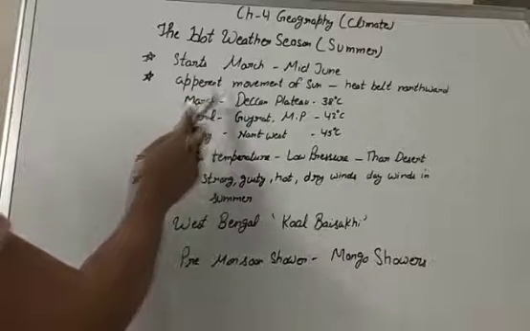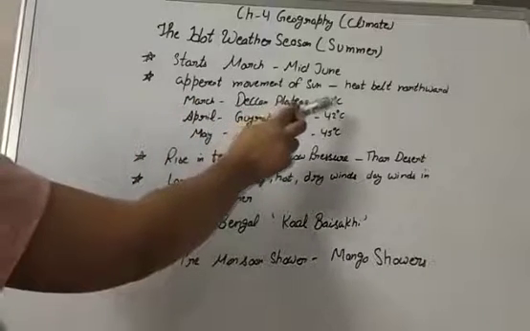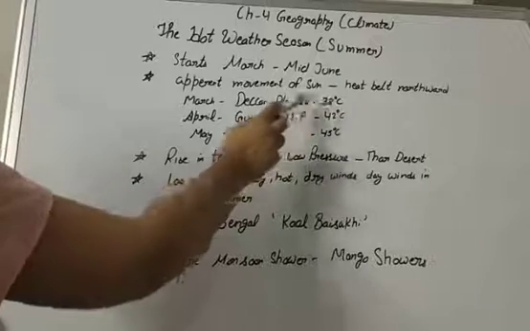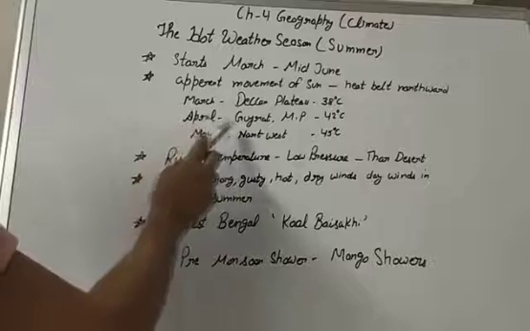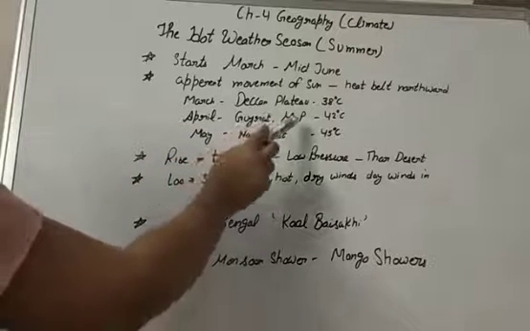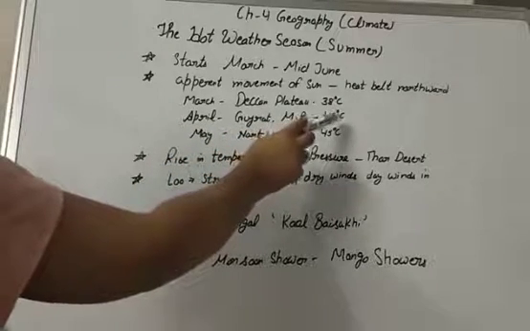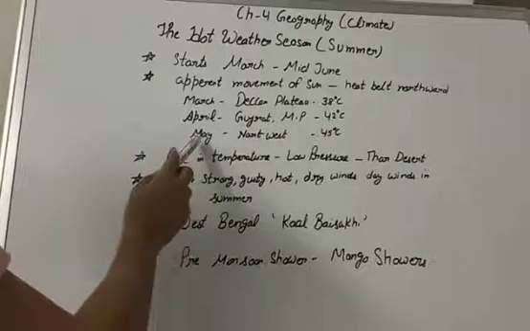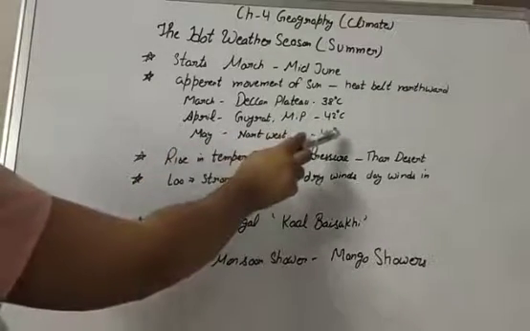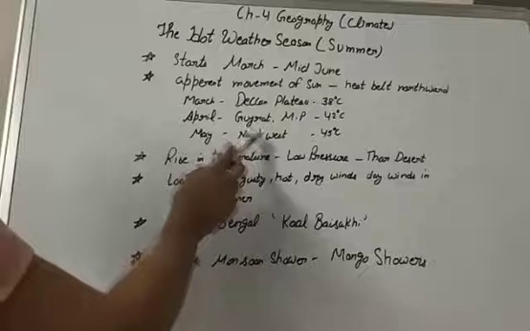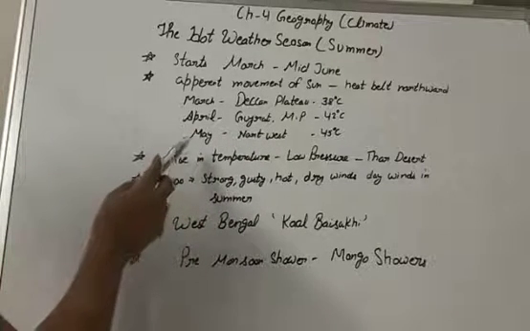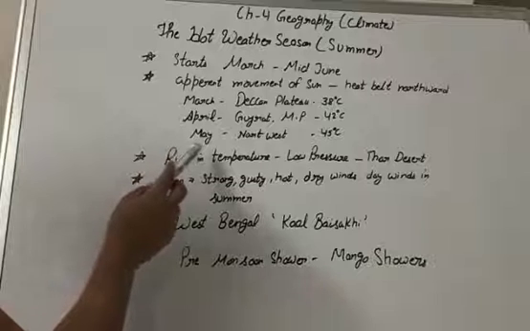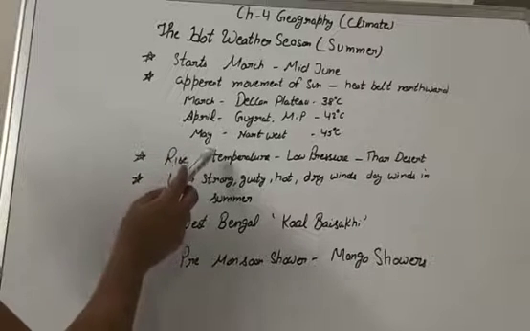In March, the highest temperature is about 38 degrees Celsius, recorded on the Deccan Plateau. In April, temperatures in Gujarat and Madhya Pradesh are around 42 degrees Celsius. And in May, temperatures of 45 degrees Celsius are common in the northwestern part of the country. In peninsular India, temperatures remain lower due to the moderate influence of the sea.